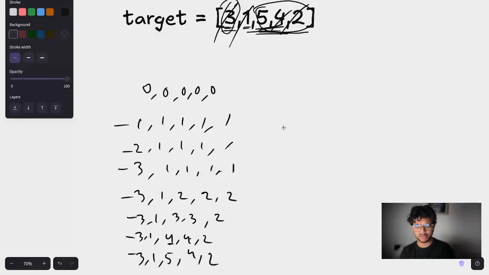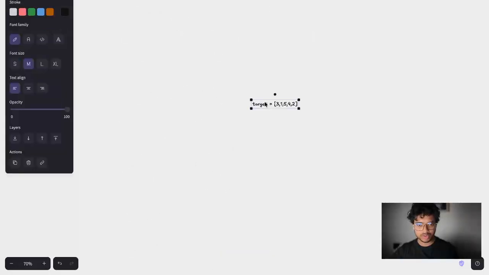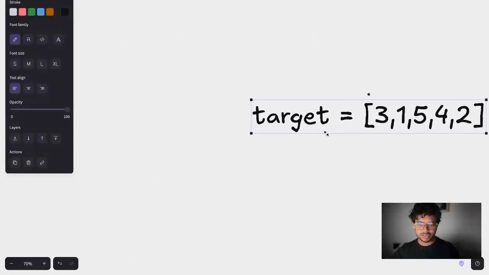We need dynamic programming, blah blah blah. But if you think in a different way, it's really simple. So what I'm going to do, I'm going to paste it here, and